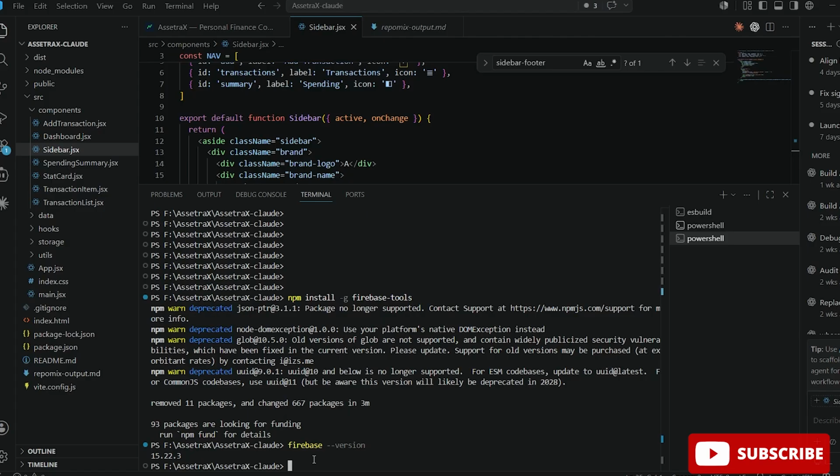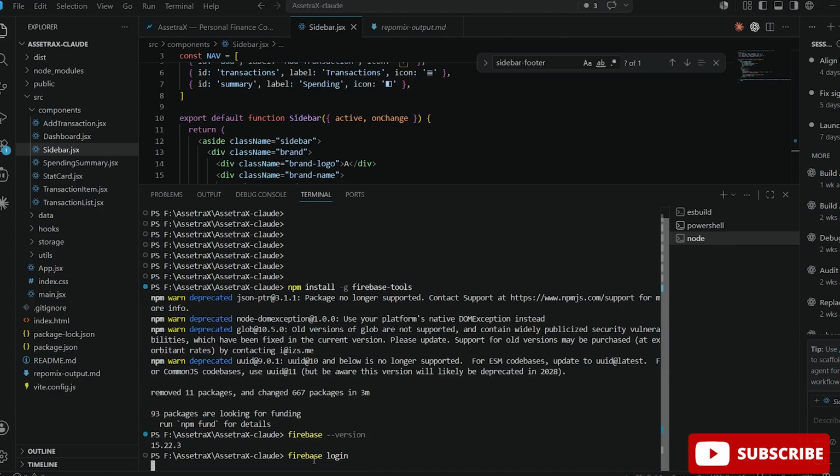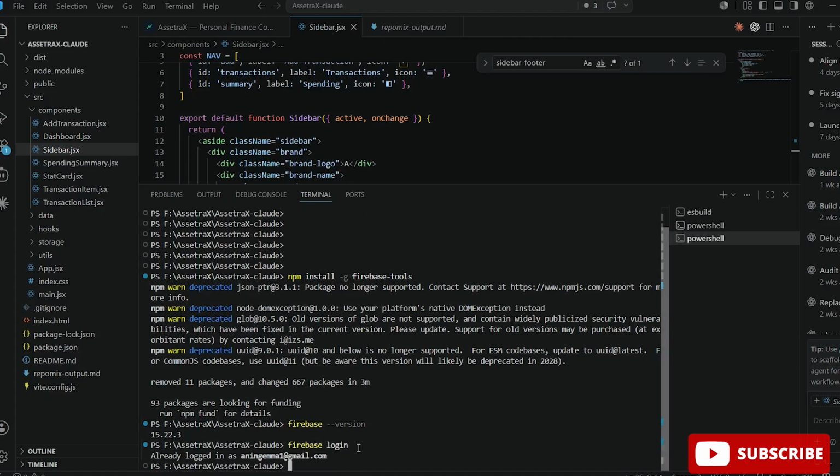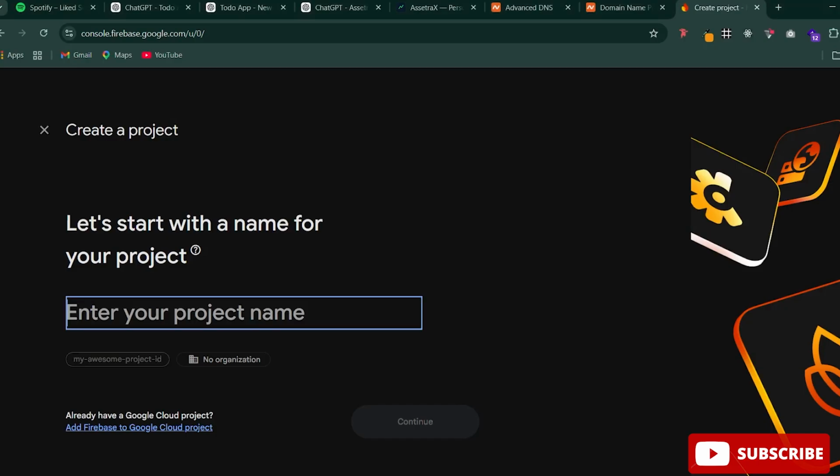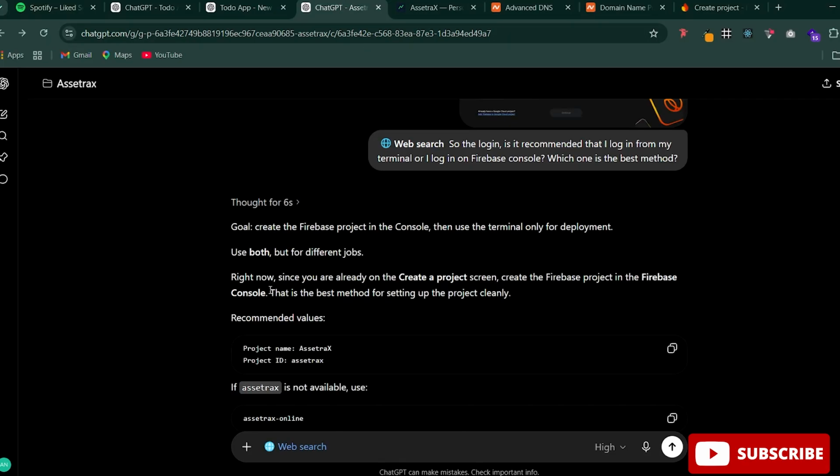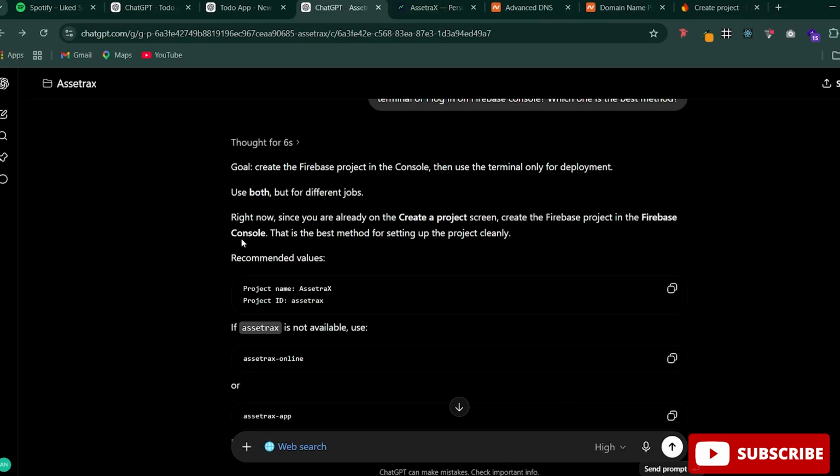But we are not logged in yet, so you can just Firebase login. And yeah, it has logged me in here. Okay, so you can see Firebase has logged in. But let's say you don't understand any of this, you need to ask your chatbot, ask it questions. So it says I should create the Firebase project in the console, then use the terminal only for deployment. Great. So what I need to do is